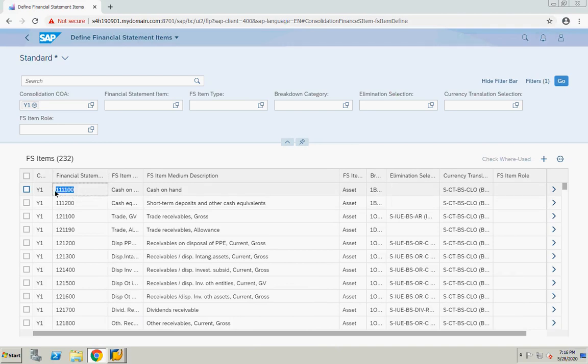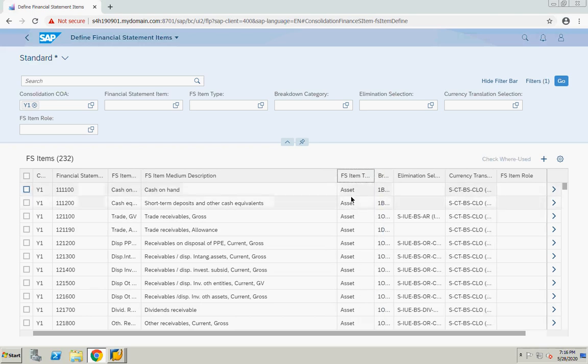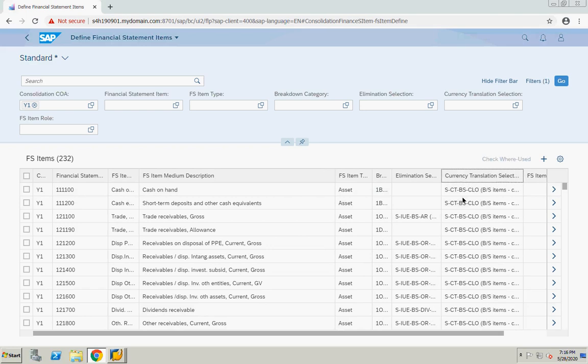This is the cash account. Cash account is an asset account, and the currency translation of the cash account is based on this particular attribute value. This is the currency translation attribute, which we call S-CT-BS-closure, some name they have given. So the currency translation of the cash account is based on this particular attribute.